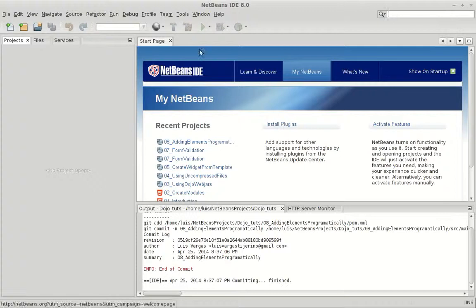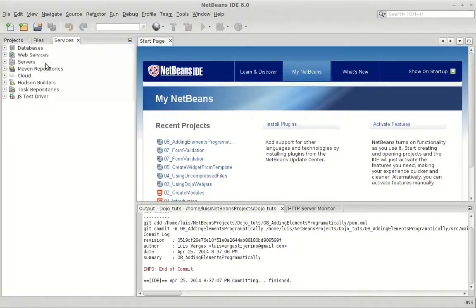By the way, I'm using NetBeans IDE 8.0 and I'm going to use also Tomcat, the Tomcat that brings with NetBeans, which is Apache Tomcat 8.0.30, which is I think one of the latest versions. And also I could use Glassfish sometimes, but I prefer to use Apache Tomcat because it's faster than Glassfish in